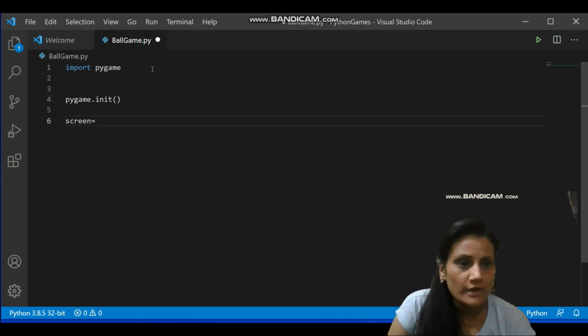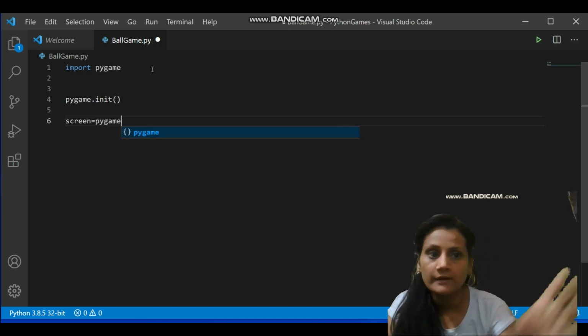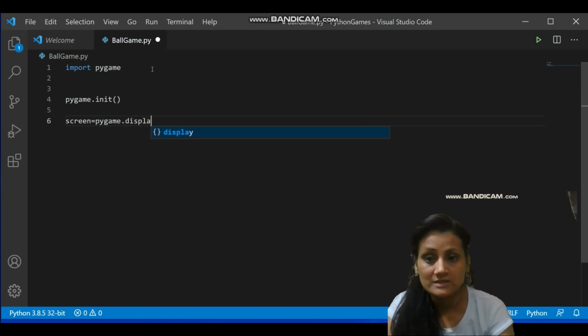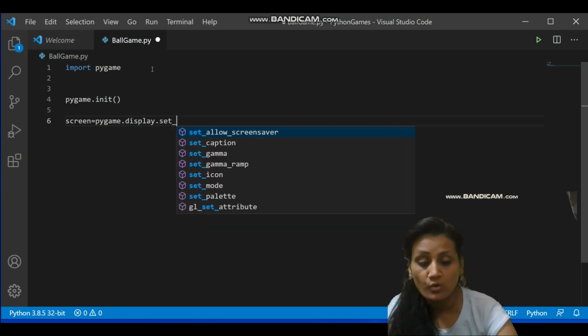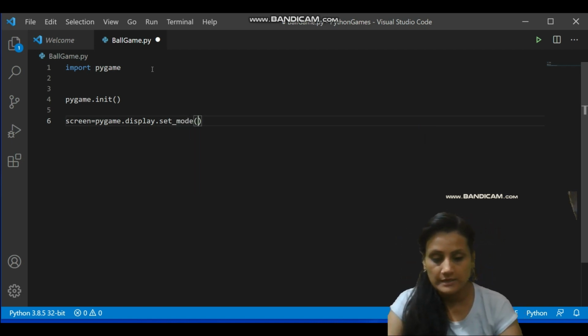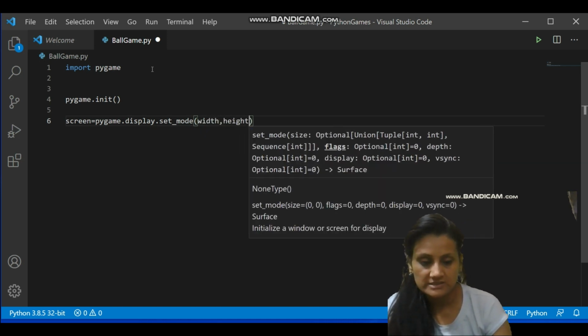Now the command is, we have to tell Python what the width and height of the screen will be, but there is a particular function to do that, and the function must be fetched into the program. As I told you, everything is done by Pygame. So I'm instructing pygame.display.set_mode, because my screen is actually the display, and set_mode means in which mode, what will be the width and height. So here the variables we'll be using are width, comma, height.